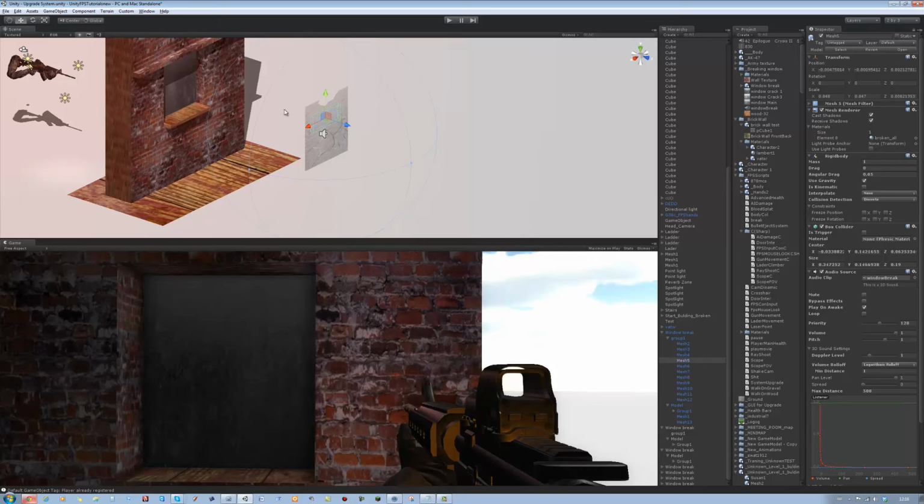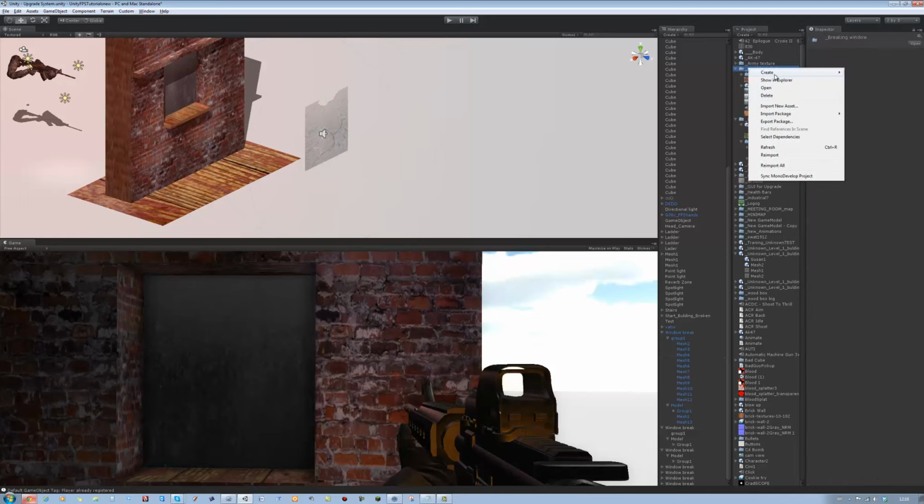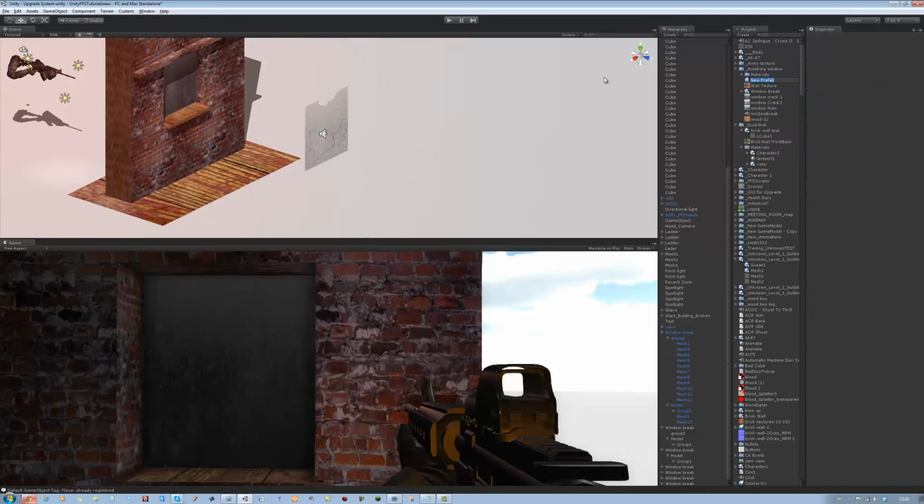Now when it becomes a prefab, it becomes a pain because you have to resize it again. So let's do that next. Inside the folder that you got when you downloaded it, right click on it and create a new prefab. Now let's call this window broken